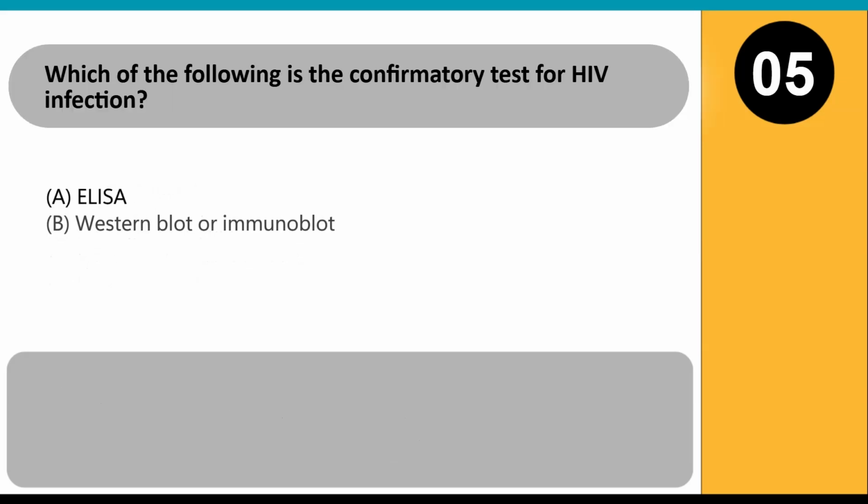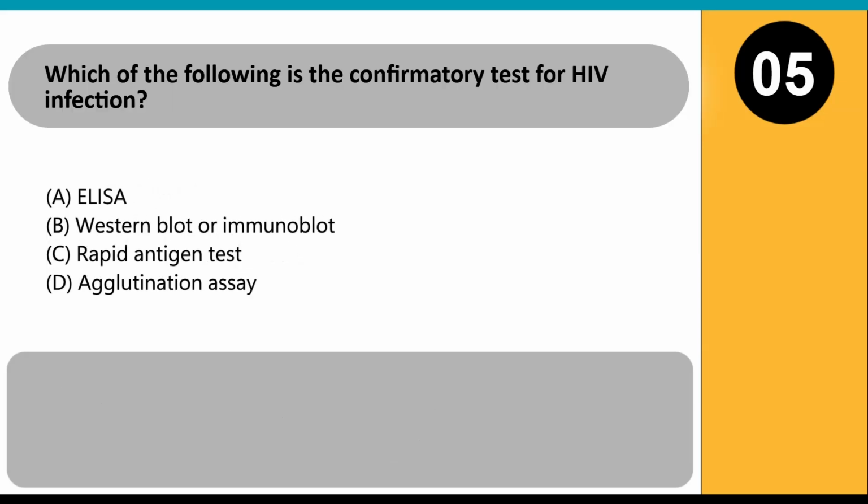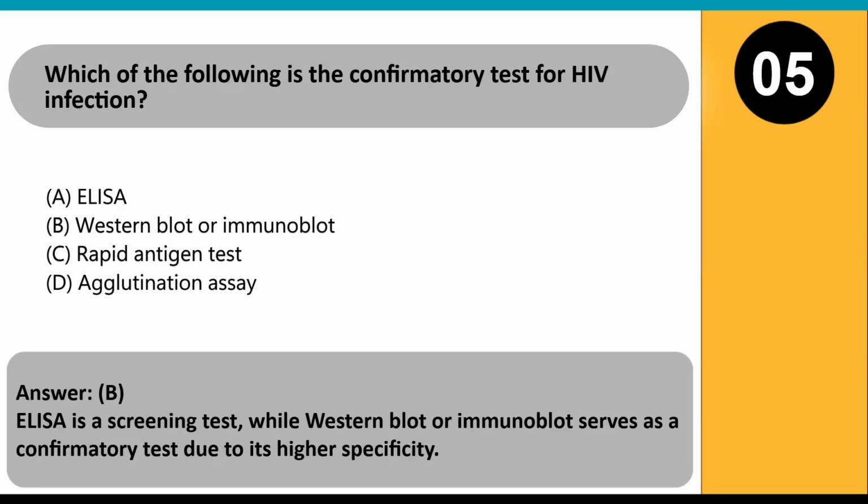Which of the following is the confirmatory test for HIV infection? A. ELISA. B. Western blot or immunoblot. C. Rapid antigen test. D. Agglutination assay. Answer B. ELISA is a screening test, while Western blot or immunoblot serves as a confirmatory test due